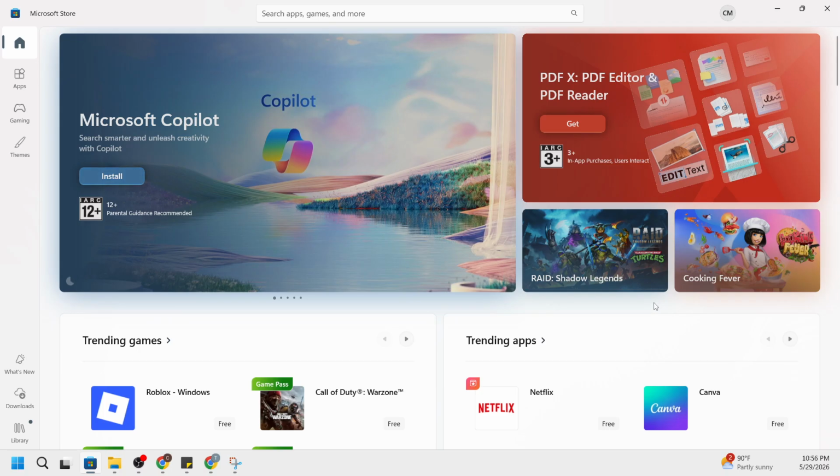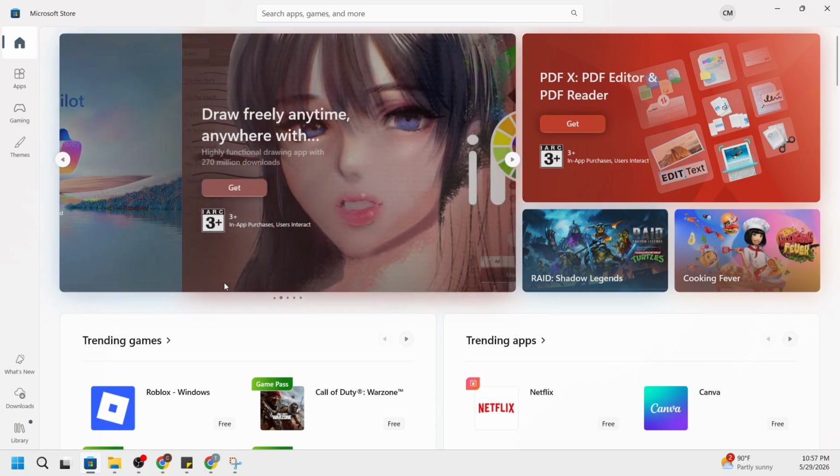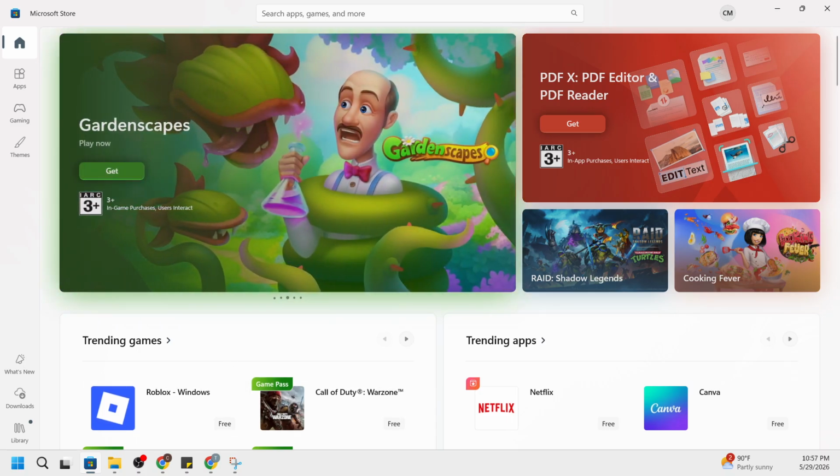Once the Microsoft Store opens, you'll land on the home page where you can browse apps, games, and more. That's all there is to it. Use search if you like a guided find, the Run command for a speedy shortcut, or the taskbar icon for a single click. Choose the method that fits your workflow and you'll be in the store in seconds whenever you need it.